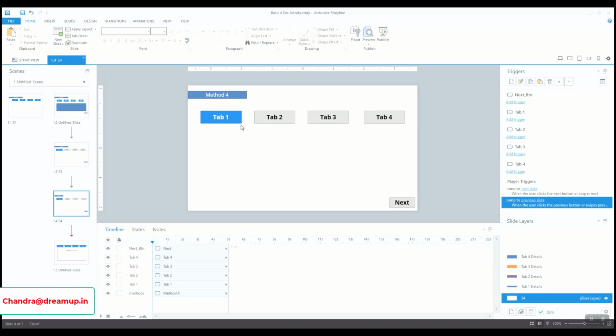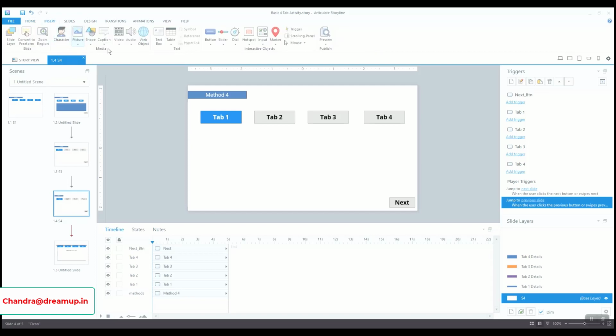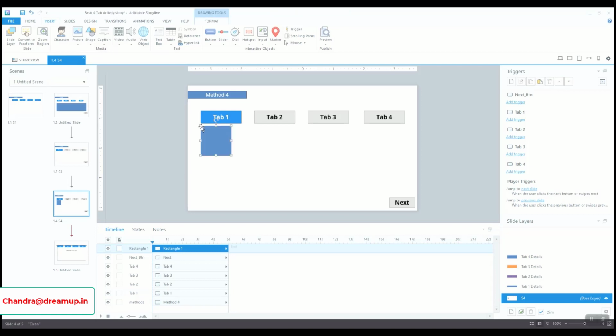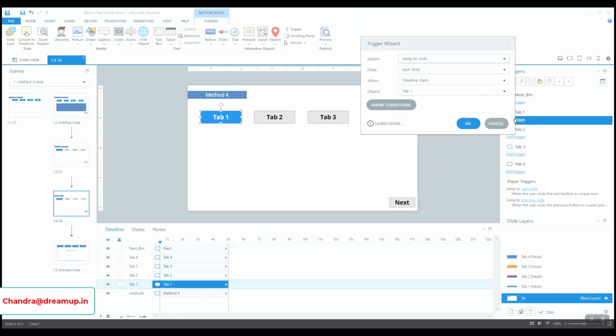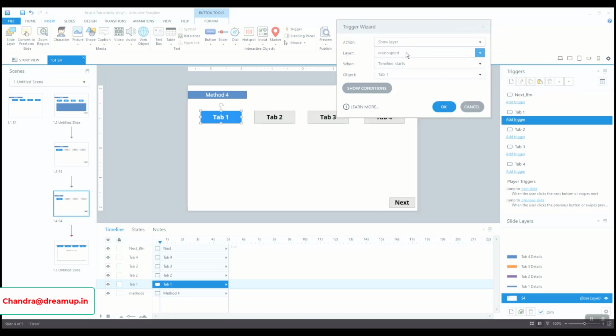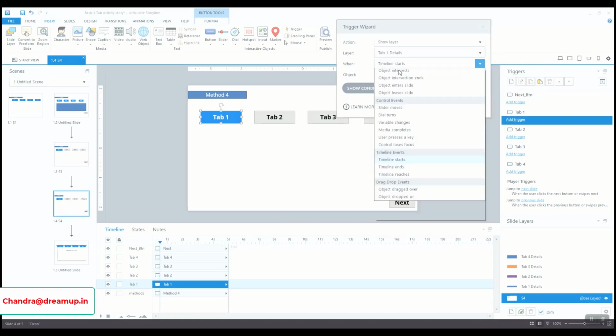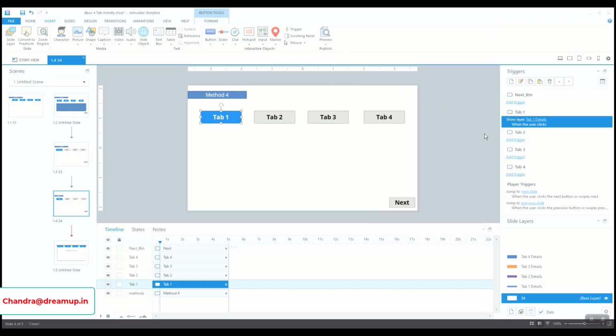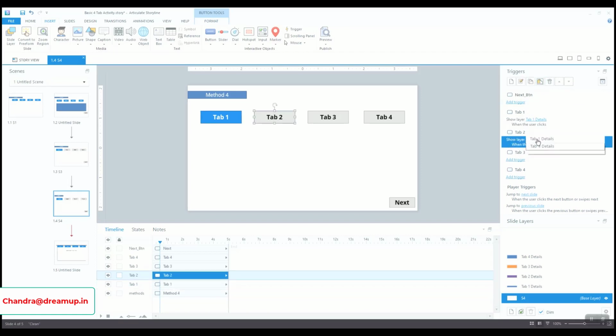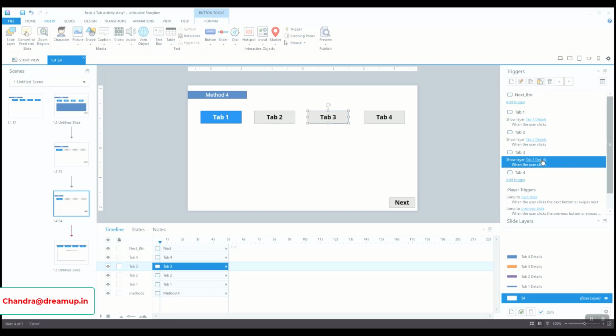So now what happens if someone clicks on this button? We know that this button is completed, so first we'll enable this one, tab 2, and then similarly we proceed for the next one as well. Sorry, we do not need this one. So let's go to tab 1, and we'll add a trigger. We'll say show layer, which layer? Tab 1 layer when the user clicks tab 1. Okay, and copy this layer, and by selecting this, paste for tab 2, tab 3,